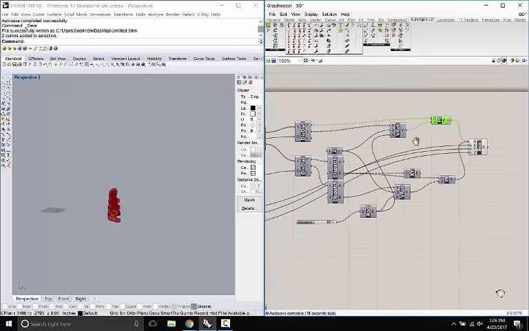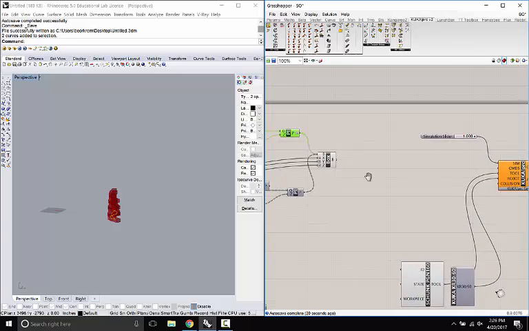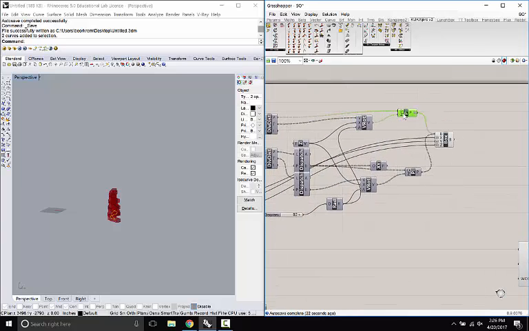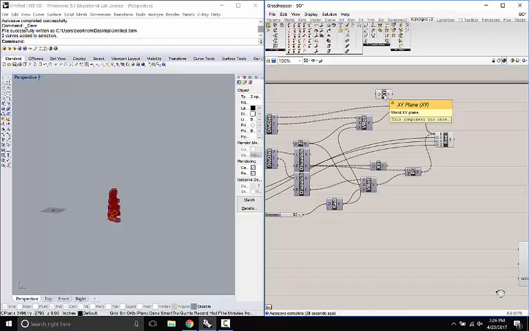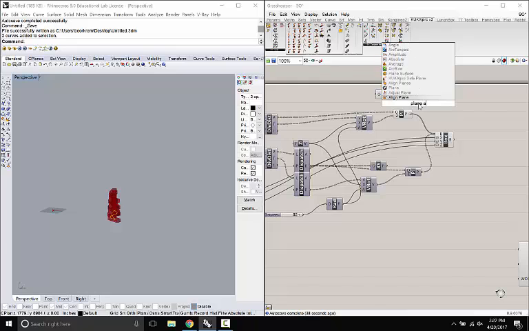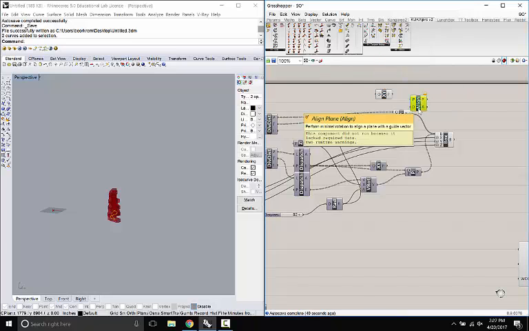Okay, so the next part of this is to convert the planes that we have so that they're working functionally the way that we want. And how we want to do that is to create a series of XY planes. Those planes are going to be parallel to the ground plane, much like how we imagine the gripper approaching each of the plane locations that we have. And then we're going to use an align plane component. And what we want to do is put an XY plane at each of the points that we have,